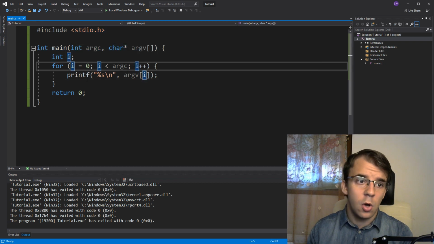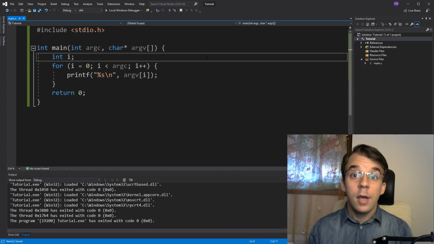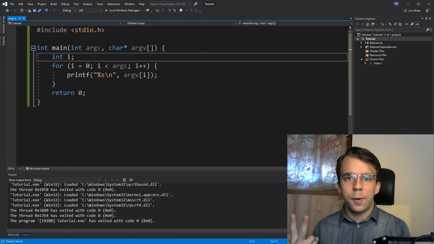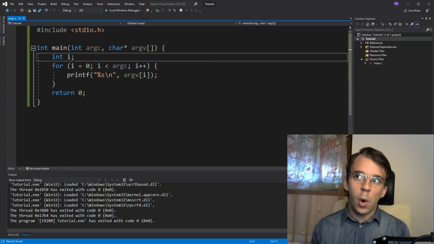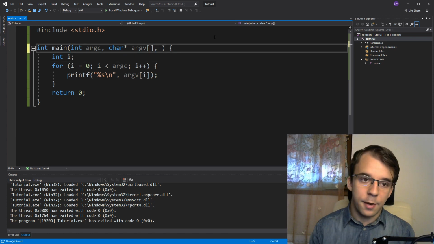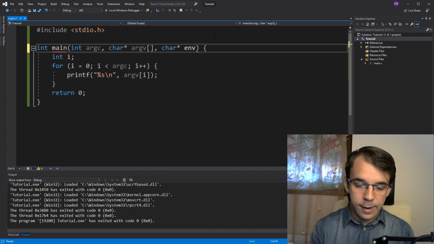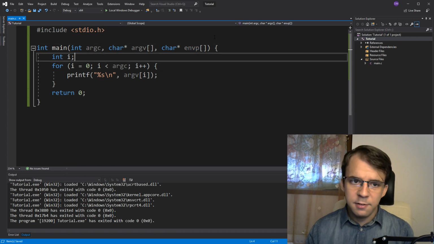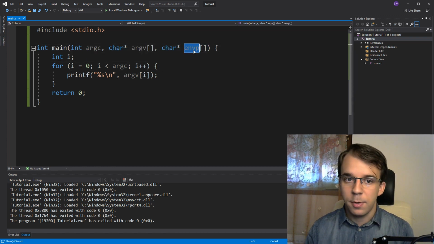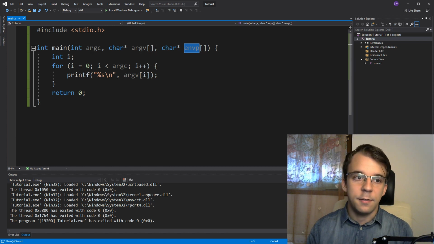That's about all there is to these two parameters. So aside from those two parameters, there's a third one that is widely supported by most compilers, and you can probably use it. And that is envp. Envp is again an array of char pointers. So you go char pointer, envp array, envp, like that. And this can really be any name you want, but it's recommended to keep the names as is inside your